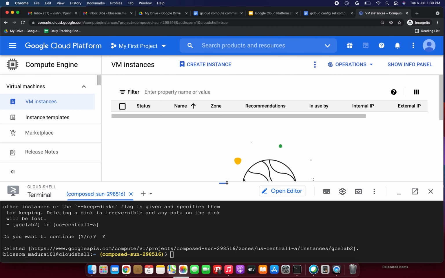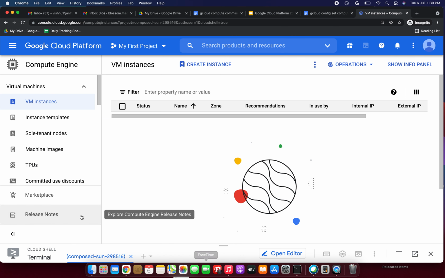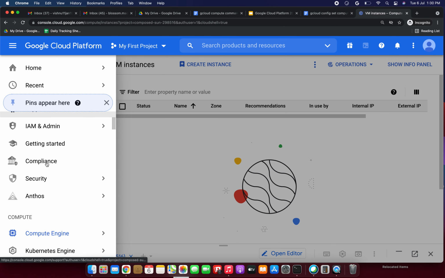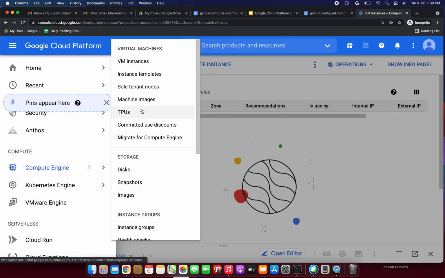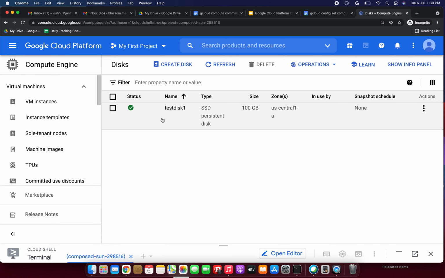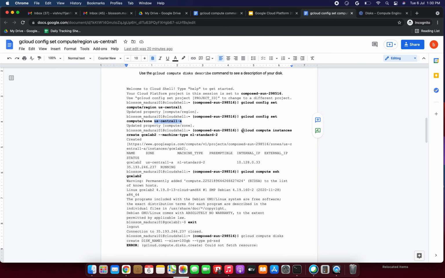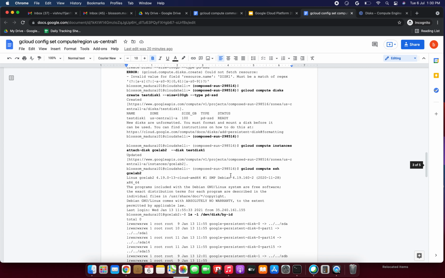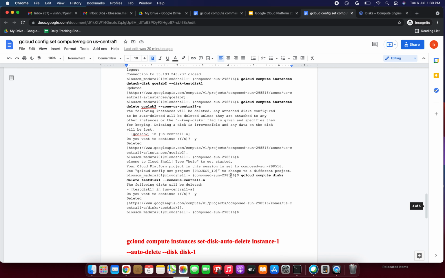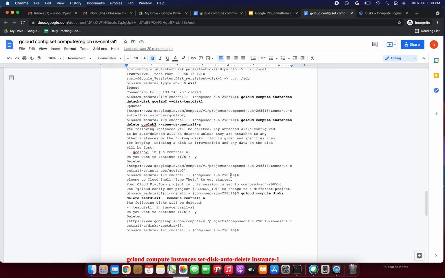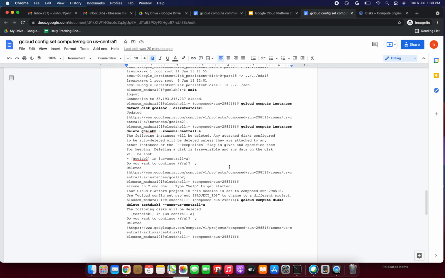I'm unable to scroll down. Let's go to the compute part. Here we have the disks, right? Just click the disks now. The test disk has not been deleted, so I'm going to delete that one also. How to do that? Here we have that option.